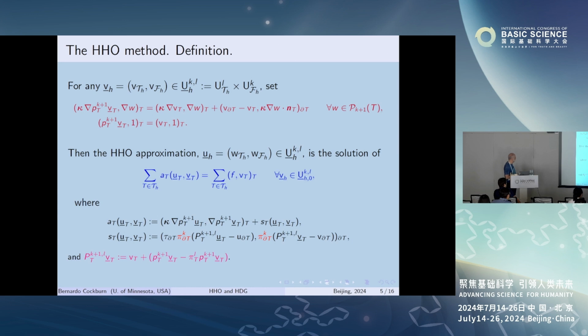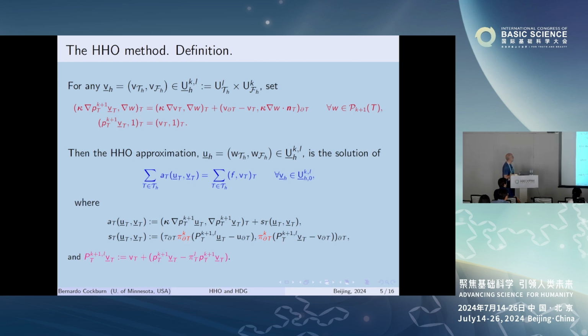So this is V_T. So remember that this P_T is an approximation to U in the border. This guy here is a combination of V_T inside the element plus this guy here. And this is a projection into polynomials of degree L. Okay, so this is very complicated, but let me